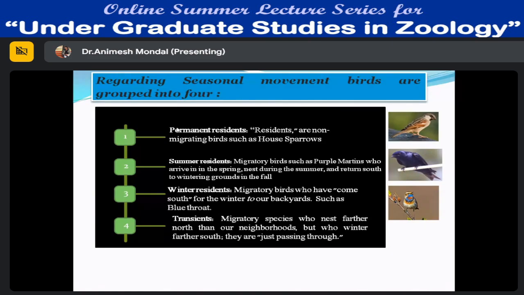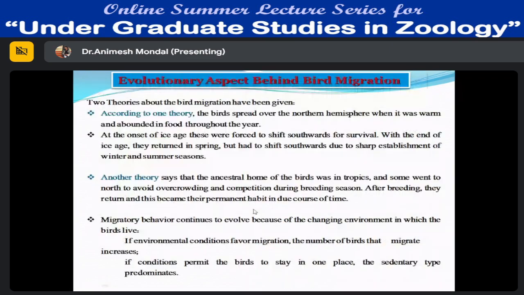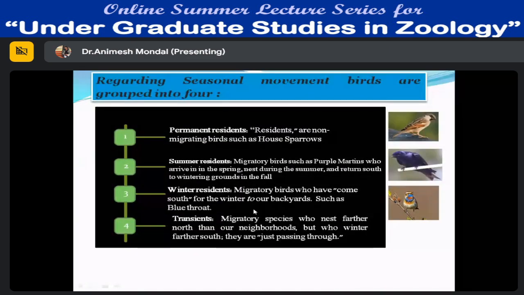Example is house sparrow. And in case of the summer resident, migratory birds such as purple martin are considered summer residents. And for winter resident, example is Siberian bluethroat, which generally winters here. And for transient, I can give you the example of the Amur falcon, which generally roosts for a certain period of time in India, that is nearly a